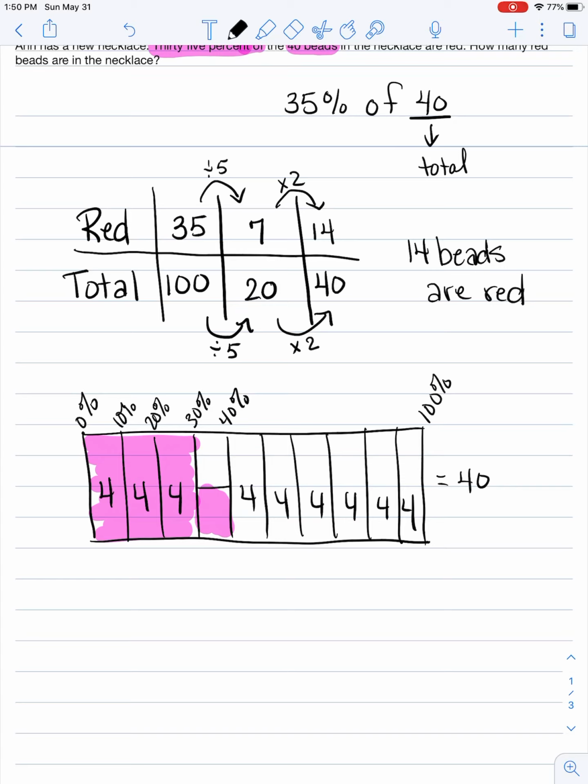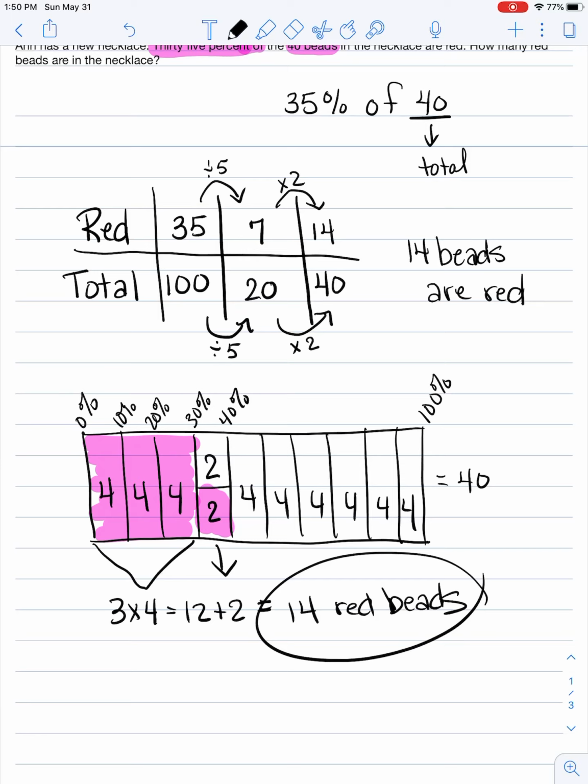Now, since I've divided this 10% into 2 equal parts, each of these is going to be 2. All right, so when I look at my shaded part, this is 3 times 4, which is 12, plus this 2, and that gives me a total of 14 red beads. So you see it is doable, but a ratio table is more straightforward. Again, whatever method suits you, that's the method that you do. Whatever you're comfortable with,